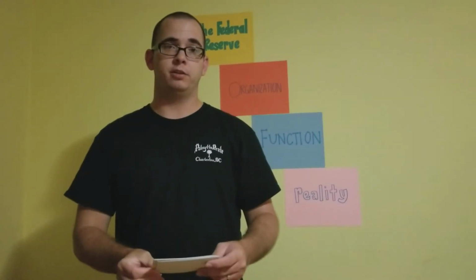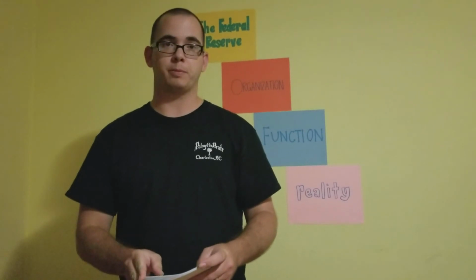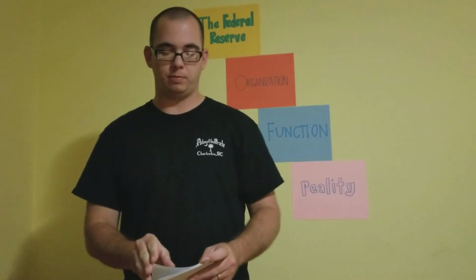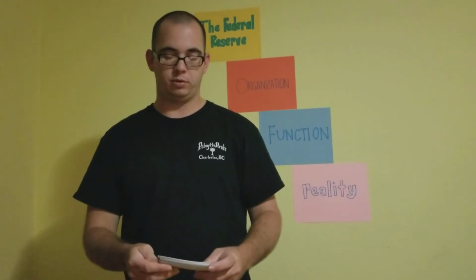In reality, the Federal Reserve is the chief culprit behind the economic crisis. The Federal Reserve did this by making money out of thin air. They caused boom and bust cycles, causing financial bubbles one after another. Since the creation of the Federal Reserve, the US dollar has lost 96% of its value.